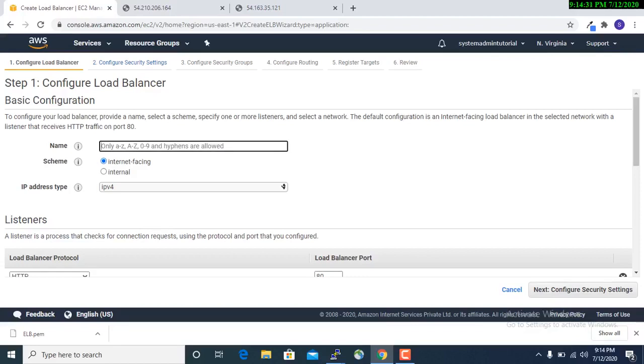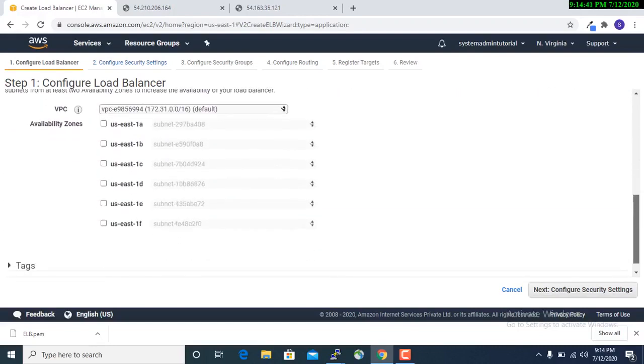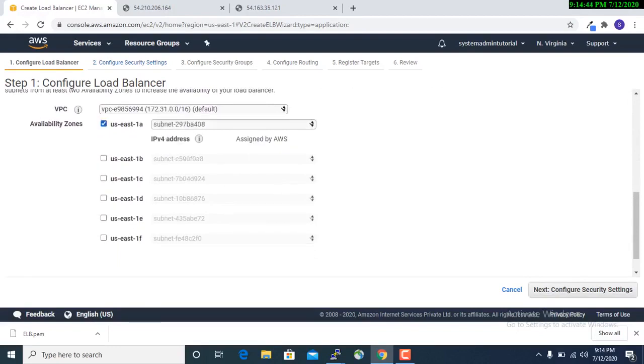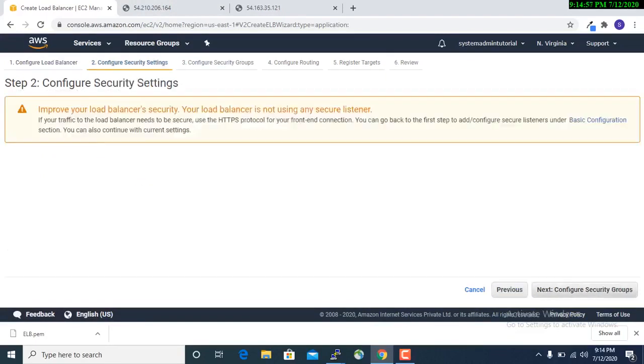Here you have to choose the application load balancer because we are using the application. So give the name of the load balancer. I am keeping it as ELB, the generic elastic load balancer. For identification purposes I am keeping it as ELB. Okay, and the scheme is internet facing because we have to access through the internet, so you have to select internet facing. And here in the availability zones we have to select those availability zones of the instances through which we want the traffic.